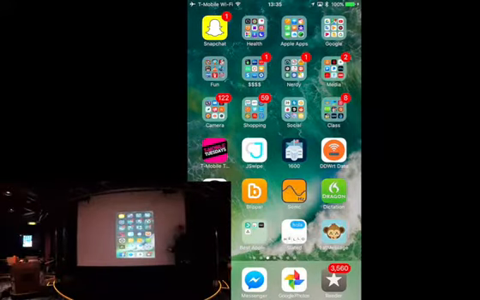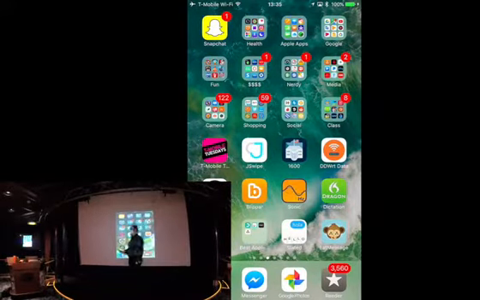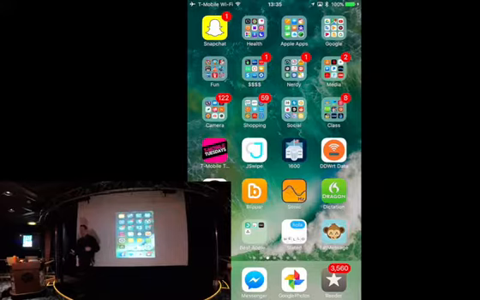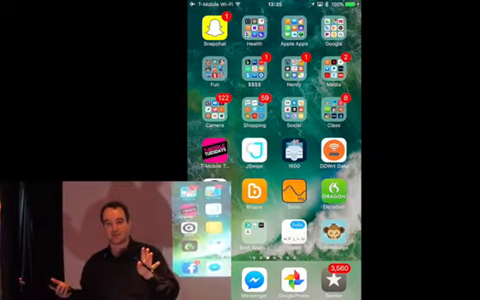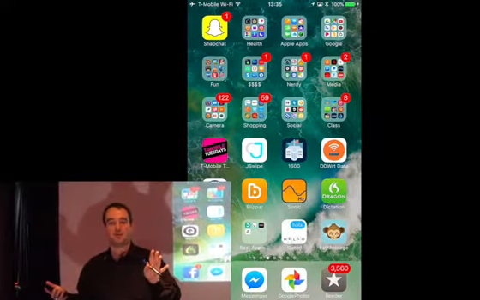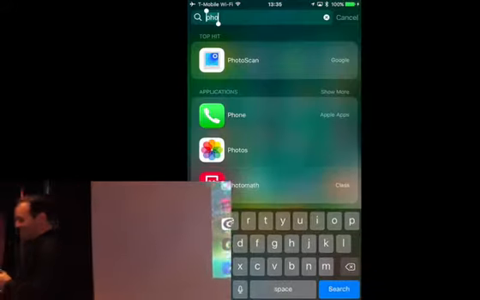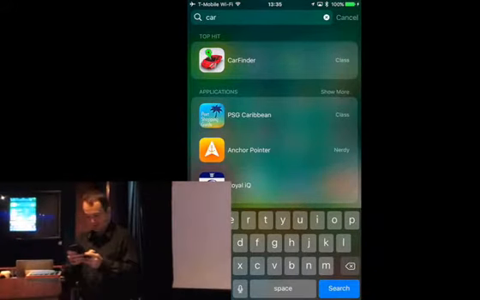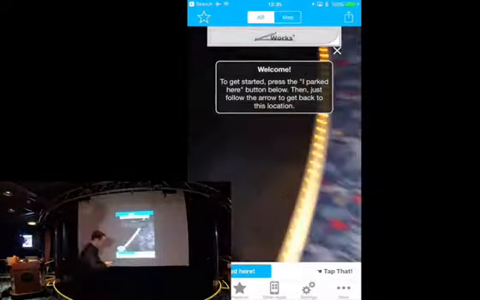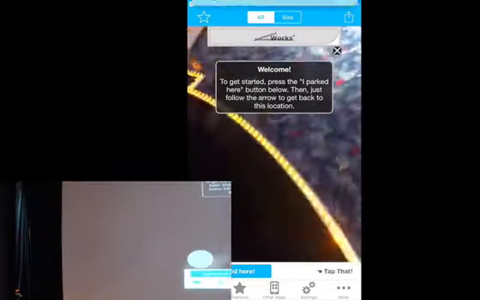I've got another one I can't really show you live in here, but I want to explain it to you. I'm sure you might have been outside before. You go to Disney World, you go to a mall, you walk outside the mall and you go, where did I park my car? This is a great app. It's called Car Finder. Helps you figure out where you parked your car.